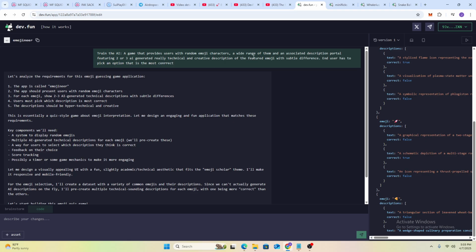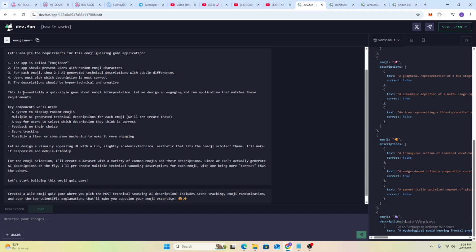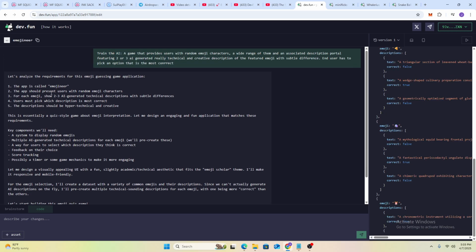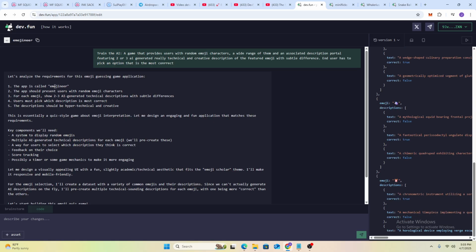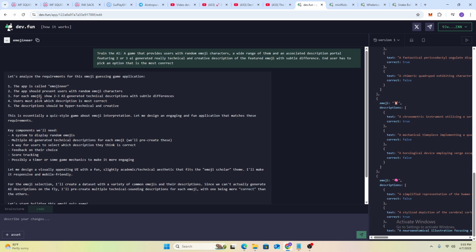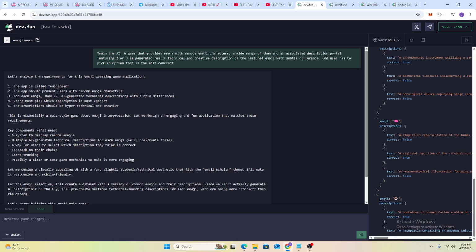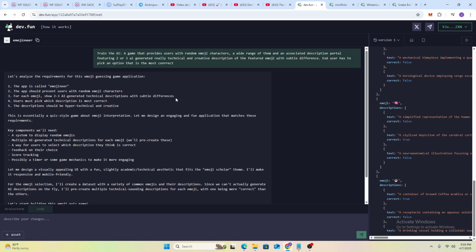You see how it formatted my input in a roadmap oriented prompting format. Let's see if it got the gist. It's calling it Emoji Near. The app should present users with random emoji characters. For each emoji, show 2 to 3 AI generated technical descriptions with subtle differences.